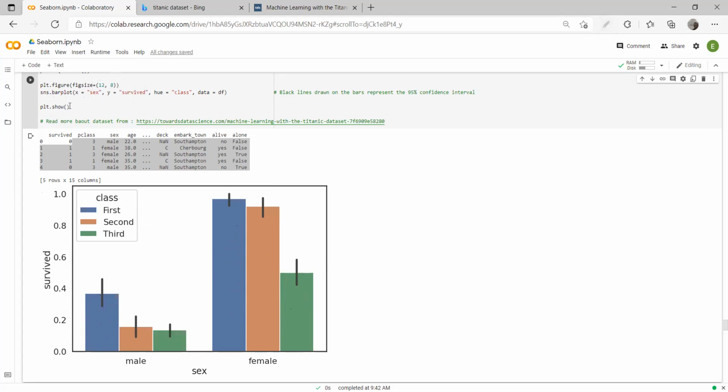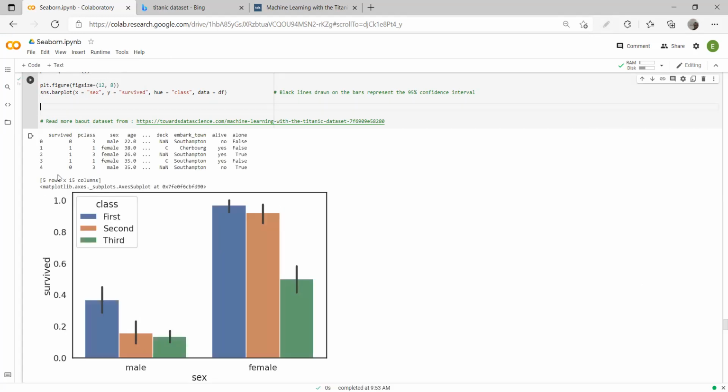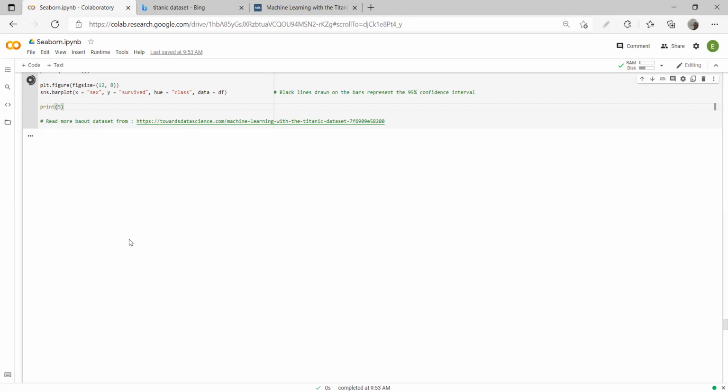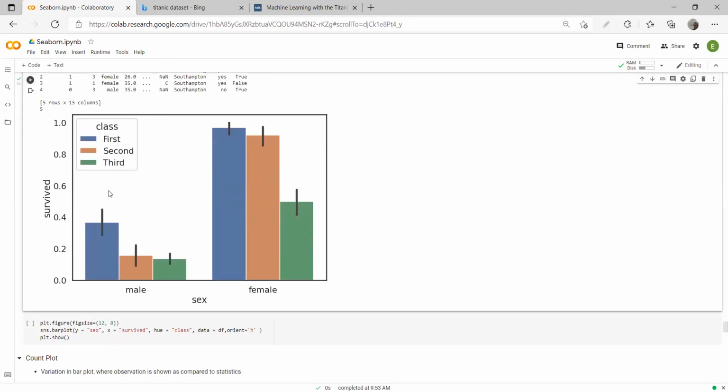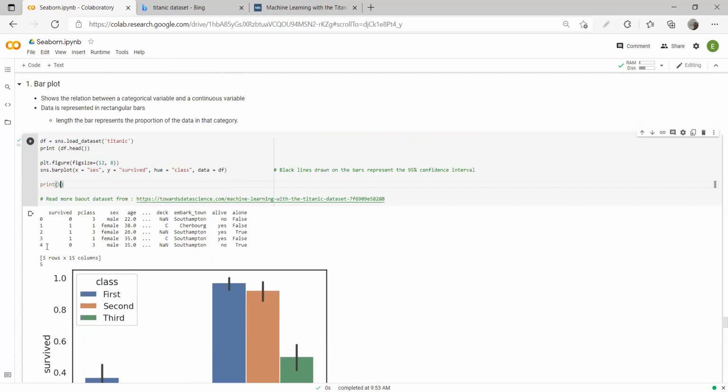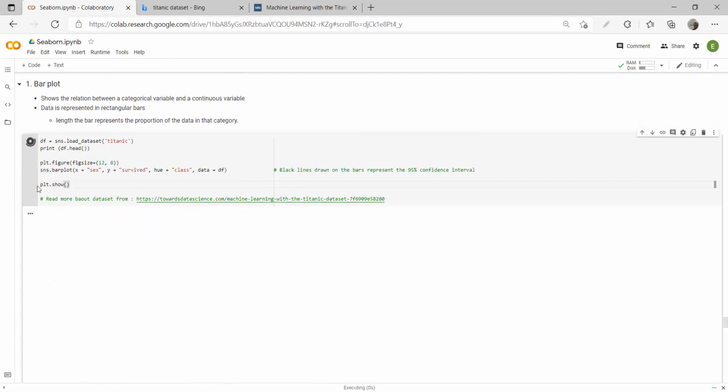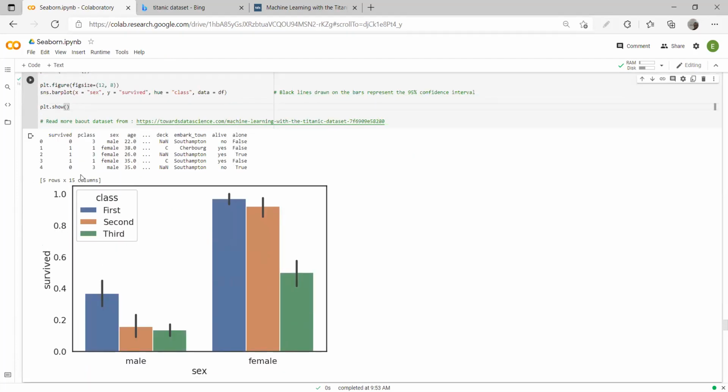Okay. So is it mandatory to write plt.show? Why is it still showing over here? It's the last line, right? So if I do a print 5, where this print 5 is printing 5. It's still showing, probably because of some setup and so on. But it's always good to do a plt.show, or maybe the bar plot is still returning and displaying on the screen. But always do a plt.show, to be on the safer side.